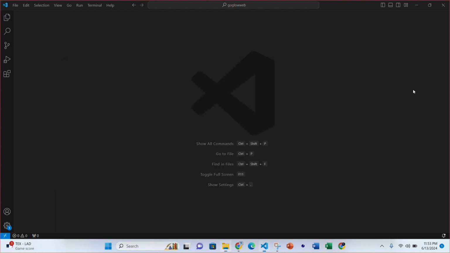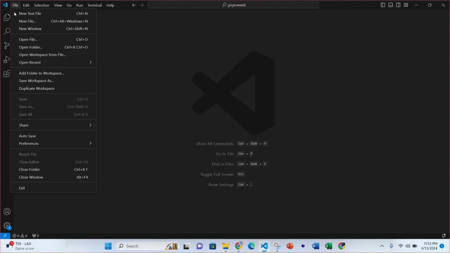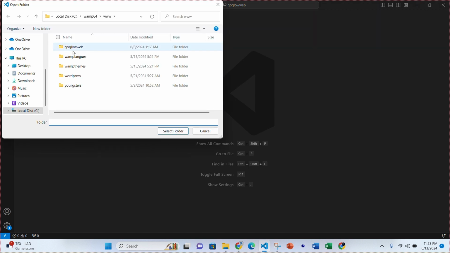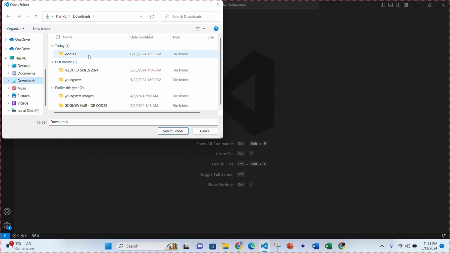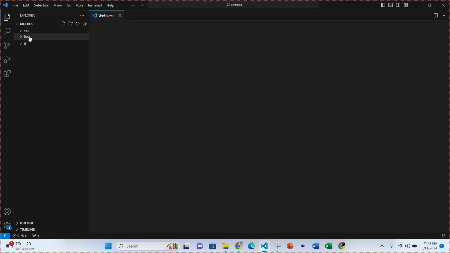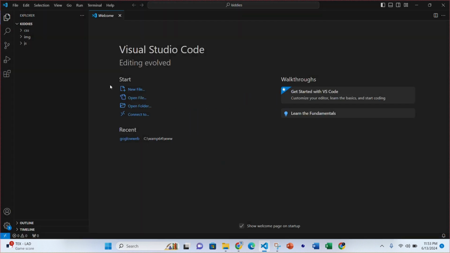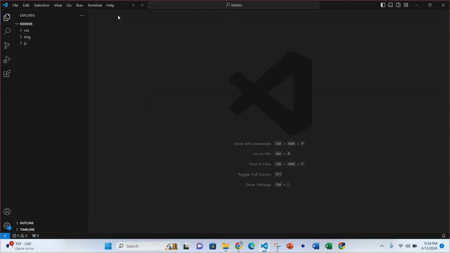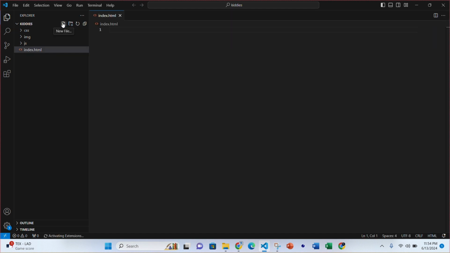In our Visual Studio Code, we open the Kiddies folder. So we say select folder, and boom, we have a Kiddies folder with the other folders within. The next thing we'll do is create our files. We're going to have an index page, index.html. We're going to have a products page,